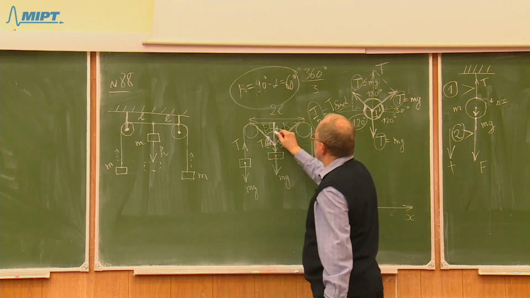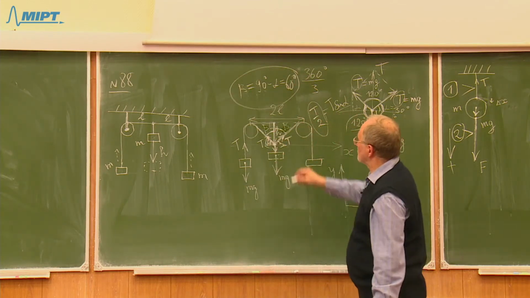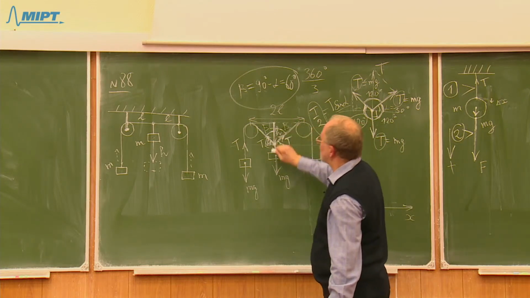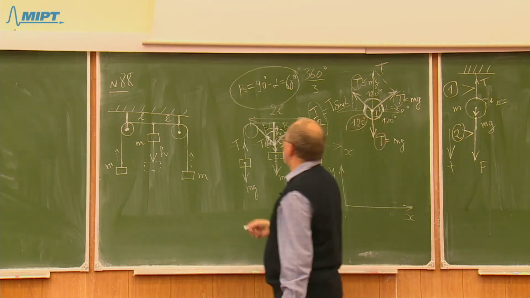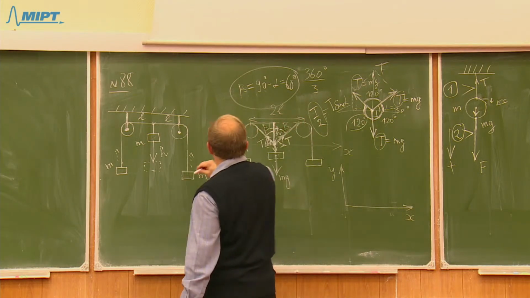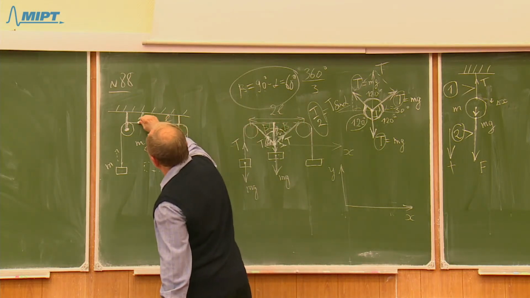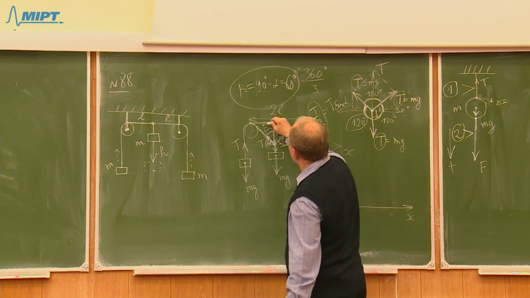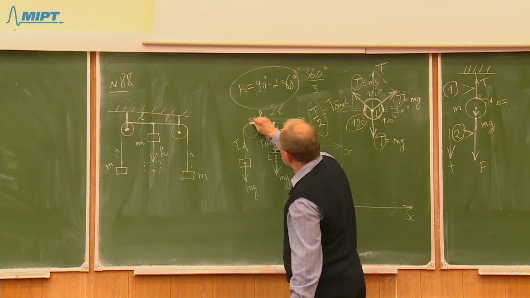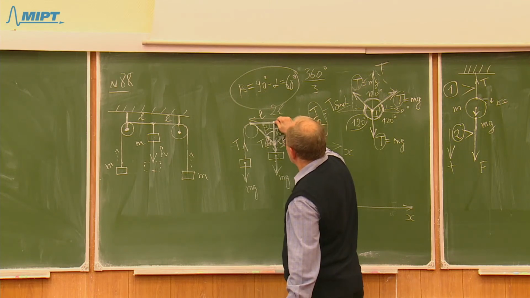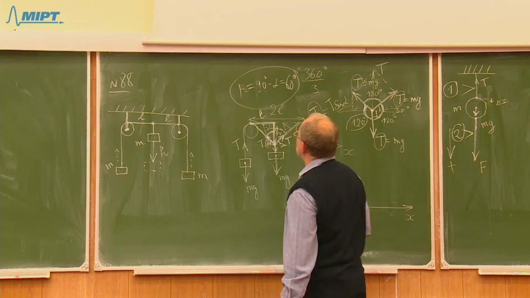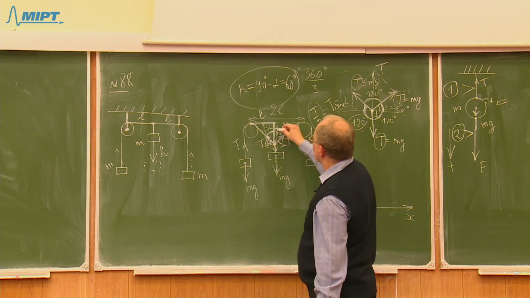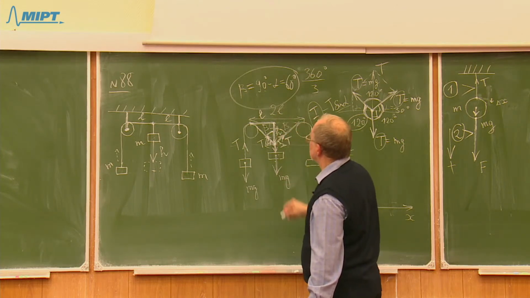Beta is 60 degrees, and I need it in order to calculate the displacement h, the vertical displacement. How can I calculate the vertical displacement if I know this leg of the right triangle, which is L, given in the problem? This section is L, and this angle is beta, 60 degrees. Then I can easily calculate